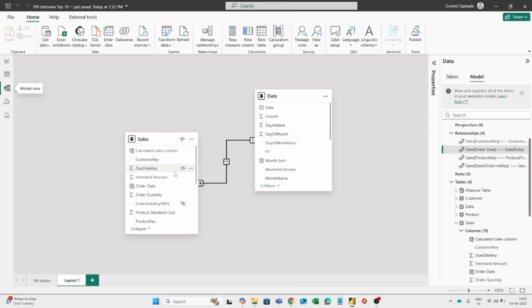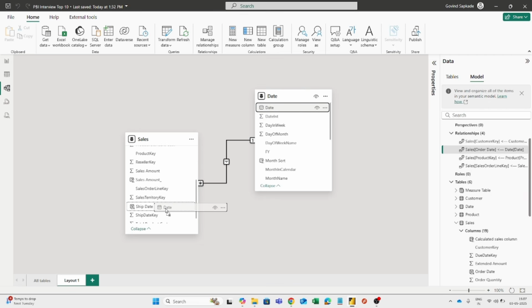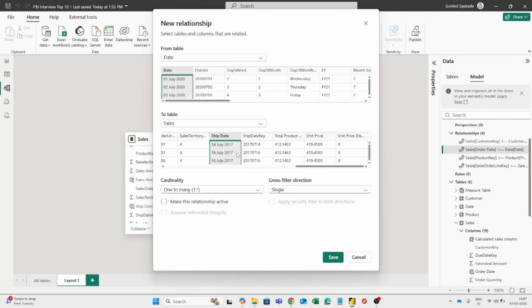So if I try to create the relationship between the tables, the sales table has the ship date, and if I connect these two columns and check the option to make this relationship active, it will say there are ambiguous paths between sales and date. It means there is already an active relationship between the tables, so whenever you perform any calculation and filter based on the date,